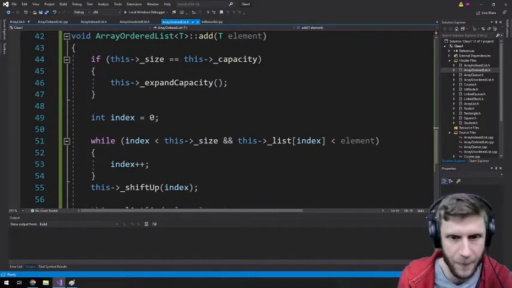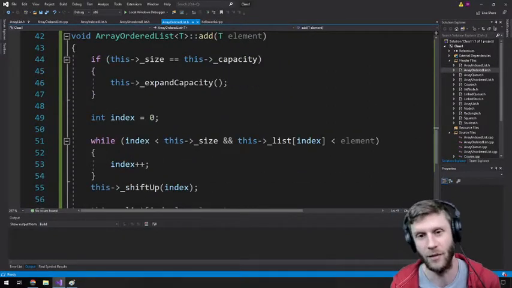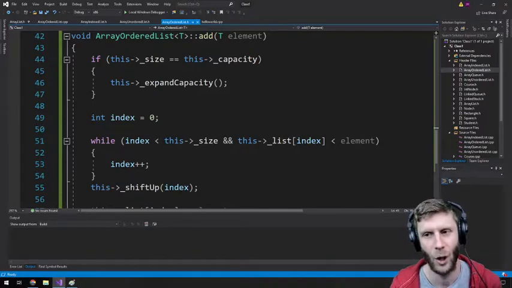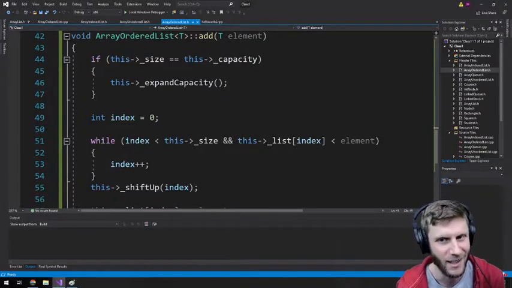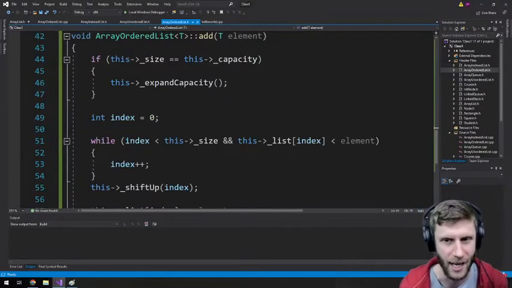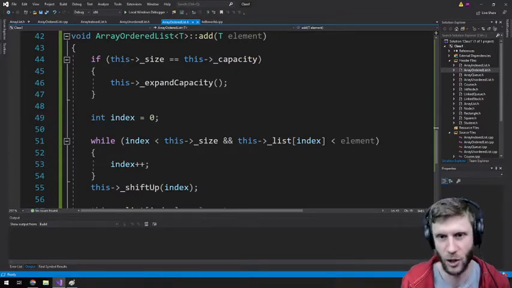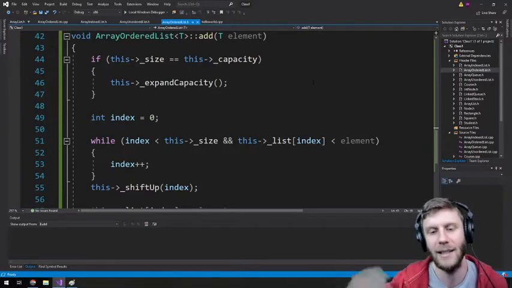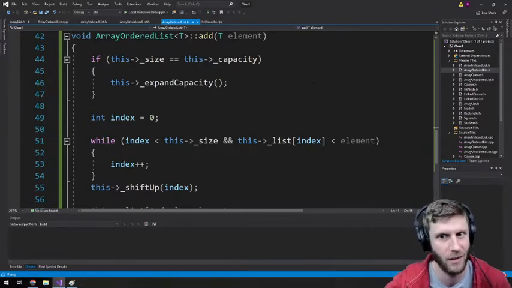It can be anything. And Johannes brought up a really good point: what if the thing of type T doesn't have less than defined for it? How can you guarantee that less than works? Sure, clearly it worked when I did it with integers, because integers have an ordering. Less than is an operator that works with integers.